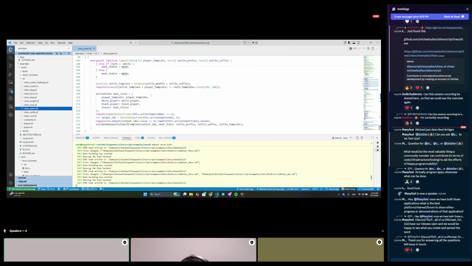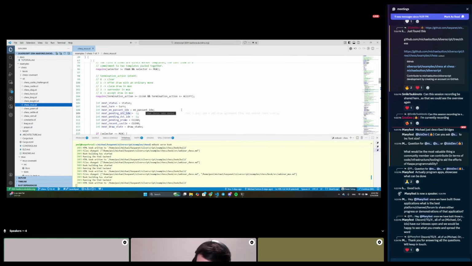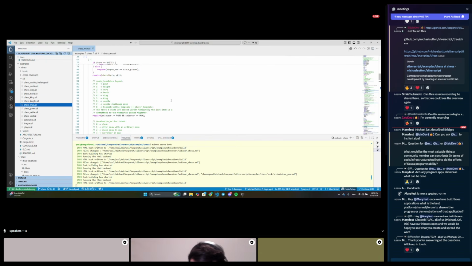It comes out to approximately 2,500 bytes, so more than 2 kilobytes. And if you put all the logic of the chess game in one script, it doesn't fit into limits. It's also very inefficient because the full contract needs to be revealed at every step, even though you only execute a very small part of the game. So let's look at the mux first, because that's like the hub.